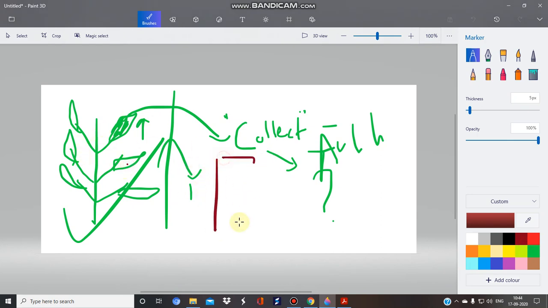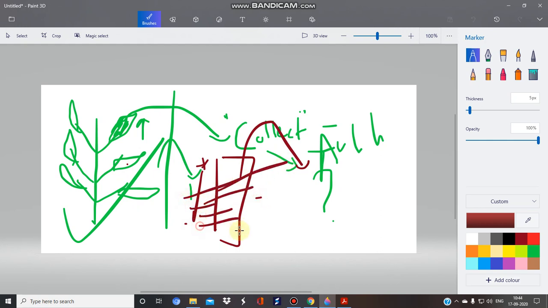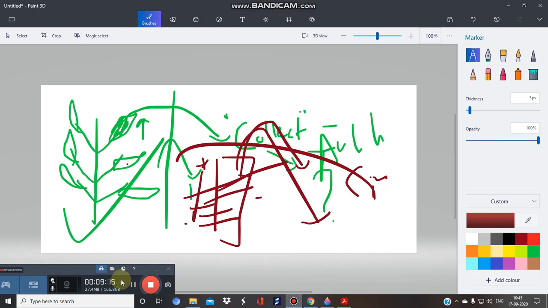Suppose you have collected the bark part, huge pieces of bark. We cannot directly put this sample in for extraction. So what we have to do is reduce its size, pulverize it, grind it or pound it, and the particular size reduction will be achieved. Only then will extraction be facilitated or start.